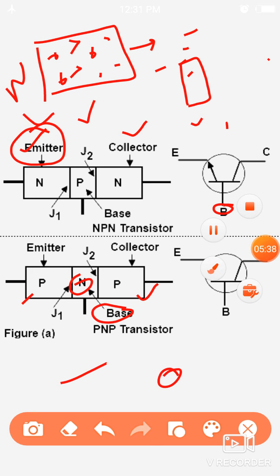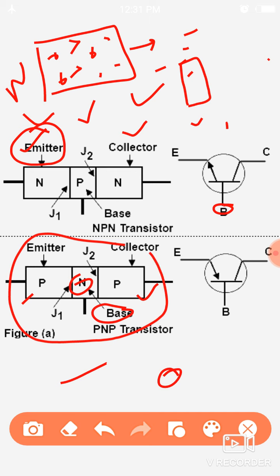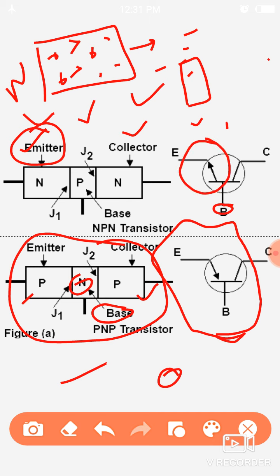So it is just the reverse of the NPN transistor, but to show the PNP transistor symbolically, we use this diagram. Here the emitter is shown by an arrow. The fundamental difference between the symbols of NPN and PNP transistor is that in an NPN transistor the arrow points outwards. On the other hand, in a PNP transistor the arrow points